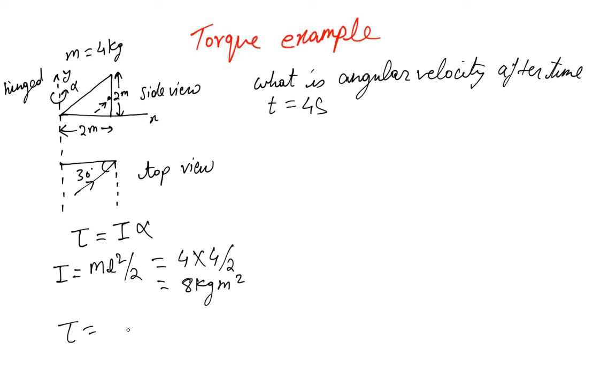Okay, let's calculate torque now. So torque is given as distance times the perpendicular force that is being applied. Okay, R we already know, it's 2 meters. This is where the force is being applied. But the perpendicular component, this is F, is the component of F in this direction. Now what is this component? Well, you see, if you resolve this using